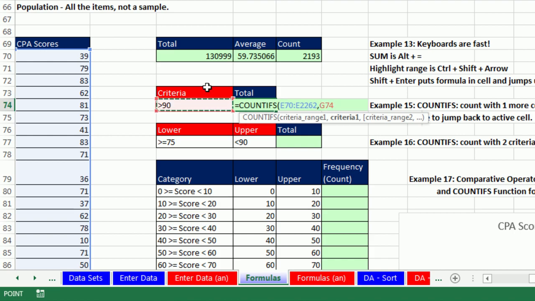So now I'm going to click. Notice I typed in the comparative operator and the number. Notice the alignment is to the left, so Excel thinks it's text. But it's fine, because a comparative operator and a number together are text. That's how you put the criteria into COUNTIFS. And it will tell you only 79 people. And if we did our division, 79 divided by 2,000 whatever, we'd get our proportion or percentage of people that